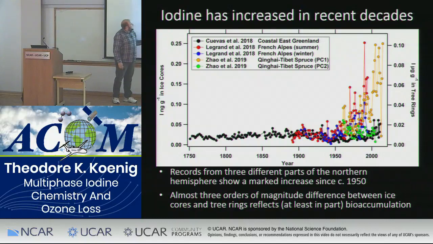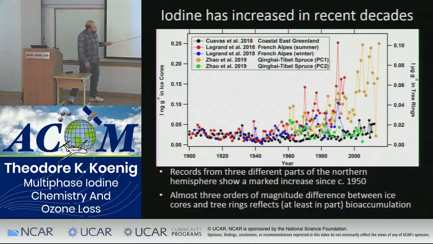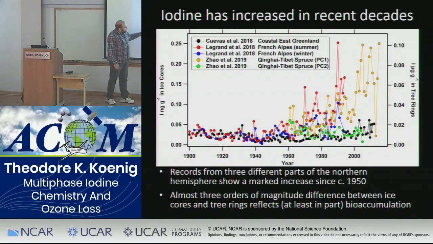One exception you might notice already is that the green point's not doing that. I'll come back to that later. But if we zoom in, you can see that right here around 1950, we begin to see this departure. And Greenland doesn't look quite as impressive overall, but you can see in terms of the magnitude, it's still going up. And the other thing you might notice here is that these two axes are quite different.